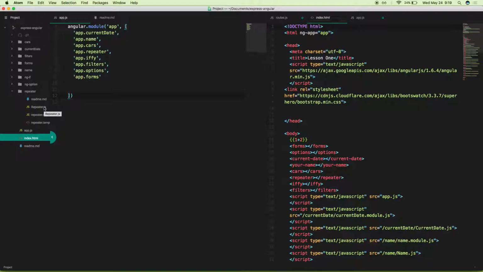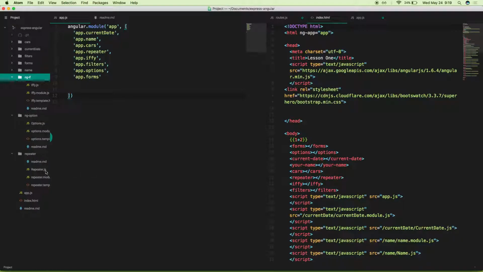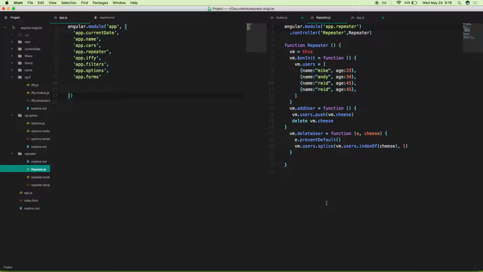This helps because if all of these were in one big file, there's a whole bunch of things going on here, and it's way harder for me to see. So cool. I know I can go to my repeater folder, and I can open up my repeater controller. So let's go ahead and scroll over to